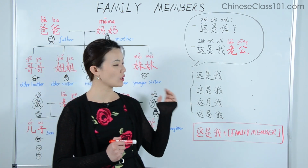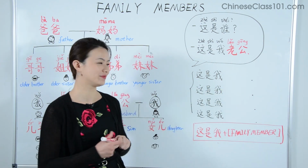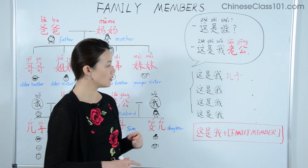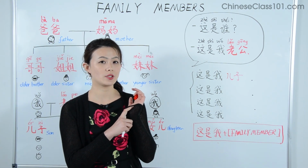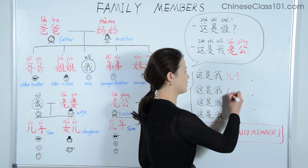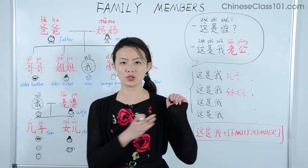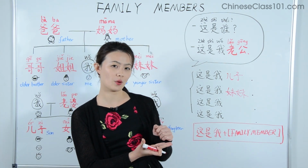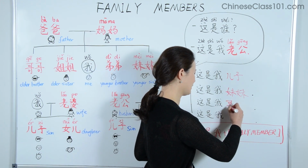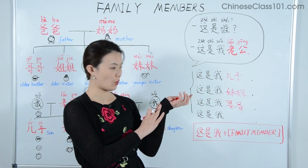Now let's imagine you are showing a picture of your son. In this case, you would say 这是我儿子。儿子 is son. Now you are showing a picture of your sister, who is a few years younger than you. You would say 这是我妹妹。Okay, now you're showing a picture of your older brother. So, 这是我哥哥。